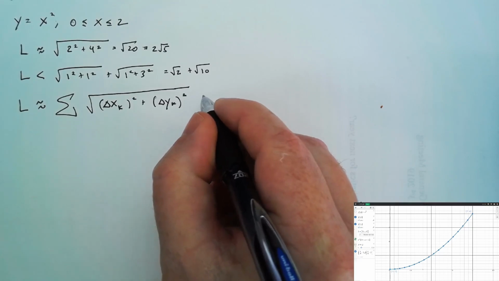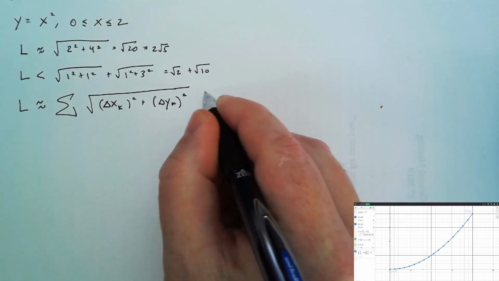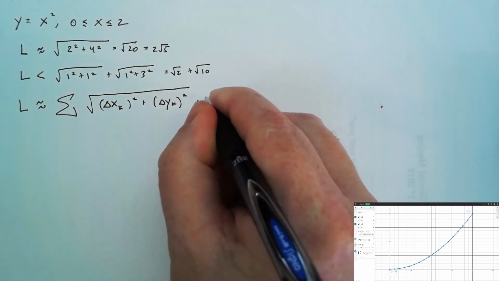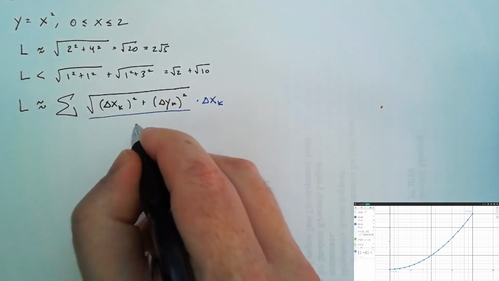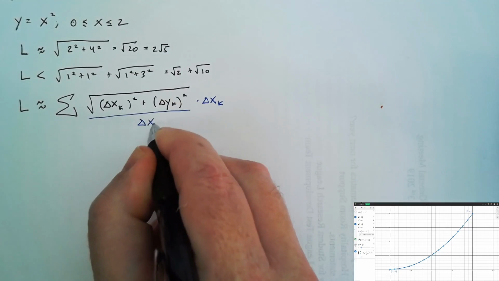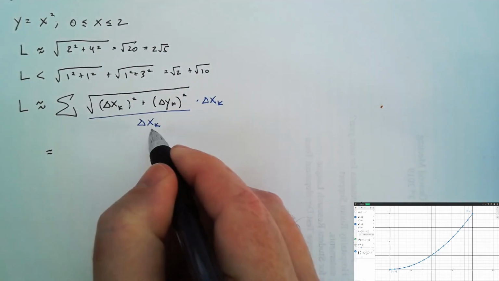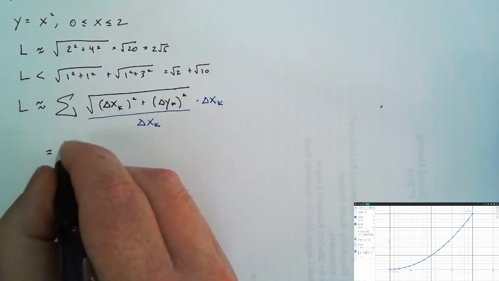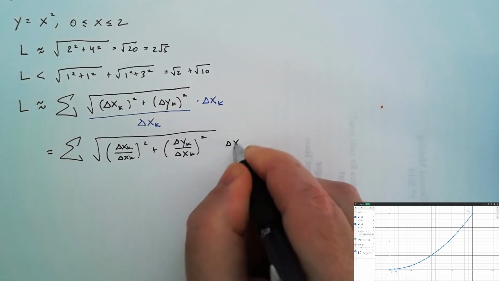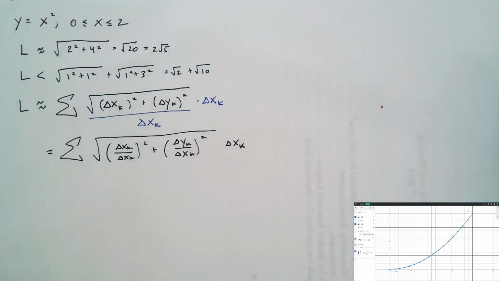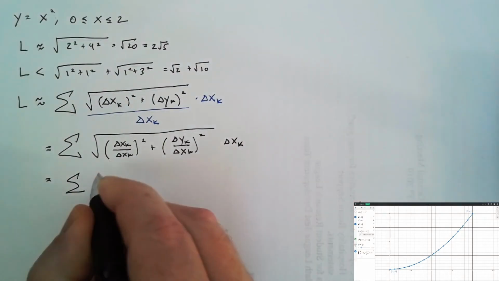But with a Riemann sum, we'd expect to have a delta x over here. So let's make it happen, and then deal with the consequences. I can now bring this delta x up inside the square root by squaring it. We have this with our delta x k outside to make a Riemann sum. So simplifying,